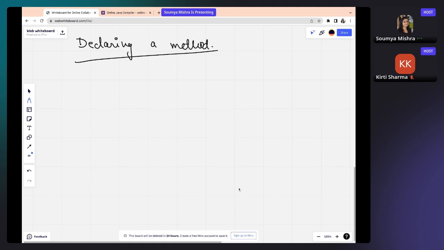Exactly, type and variable name. Okay, that is how you declare a variable. Similarly, when you declare a method, there are a few things that you have to mention. Okay, declaration of a method. In this, you have to mention the return type,